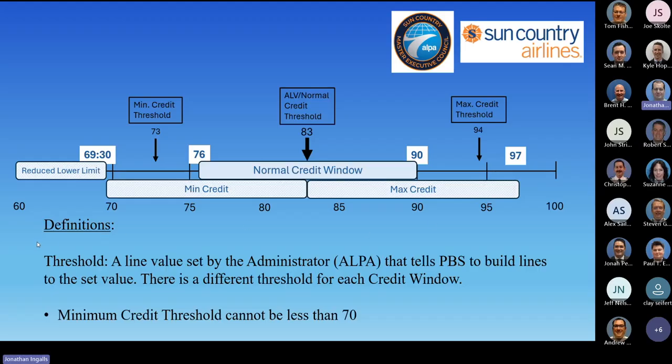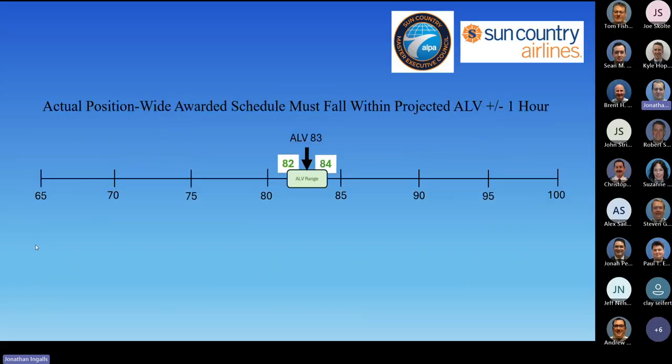By tinkering with all of these things, we have the ability to change the ALV a little bit once we start running. If we're projecting an ALV of 83 when ALPA is done running the system, we have to be plus or minus 1 hour from what the company wanted the ALV to be. So if the company was asking for an average line value of 83 hours in this example, ALPA could come up with a solution anywhere between 82 to 84 hours. The ways you adjust that ending ALV,